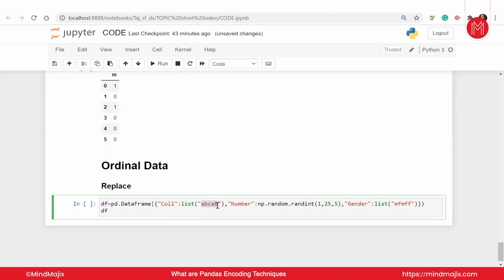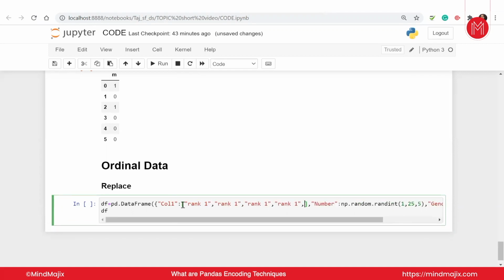I create a list, and I say rank one, and I take these values. I have five values: rank one, rank three, rank two, rank two. So guys, we have these values rank one, rank two, and rank two.